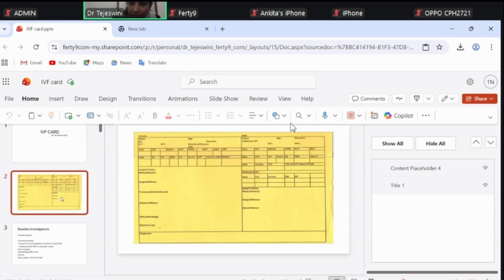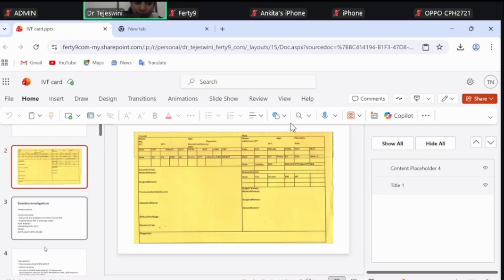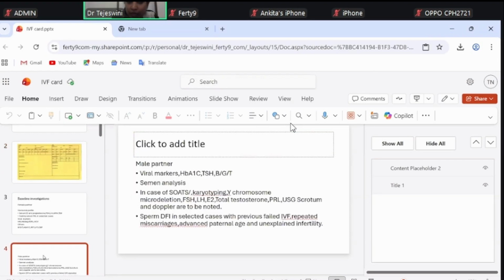Now coming to the preliminary details of the male partner, name, age has to be noted, and along with that, any addictions have to be noted and BMI have to be noted. Coming to the baseline investigations which are to be done in the male partner, these include the viral markers, which gives us an idea about how,